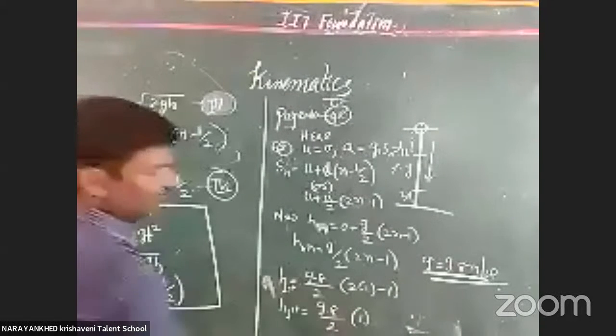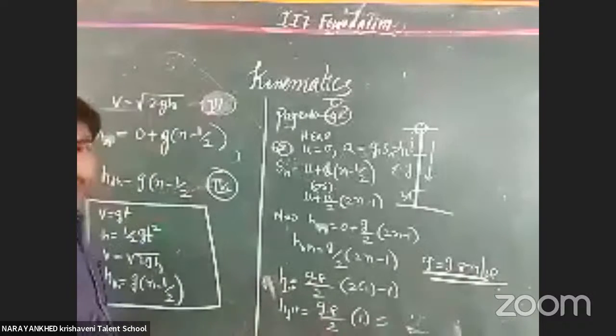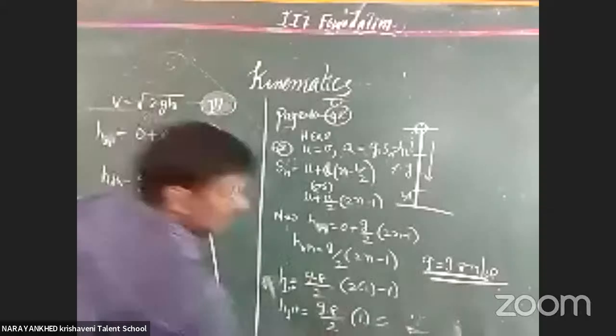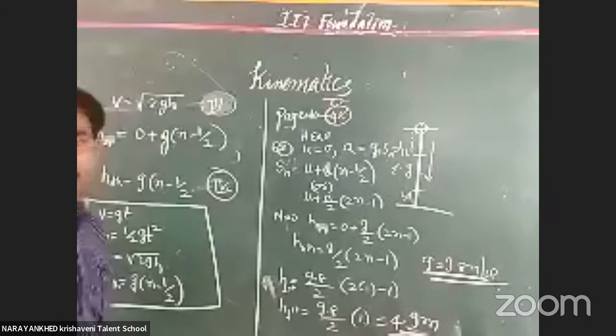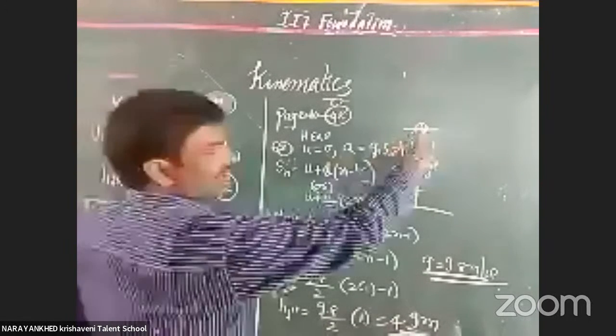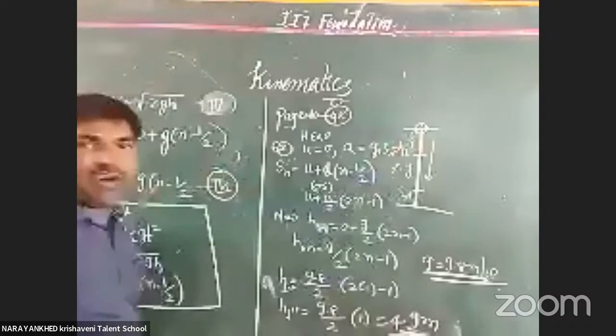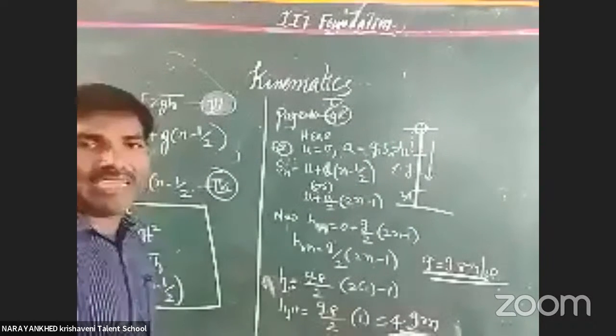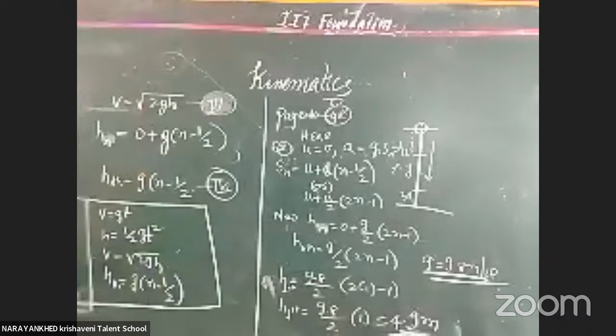Clear or not? Now it becomes 9.8 by 2, which is 4.9 meters. Got it? When it starts, after 1 second, how much distance does it travel? 4.9 meters. Got it? And next, after this,